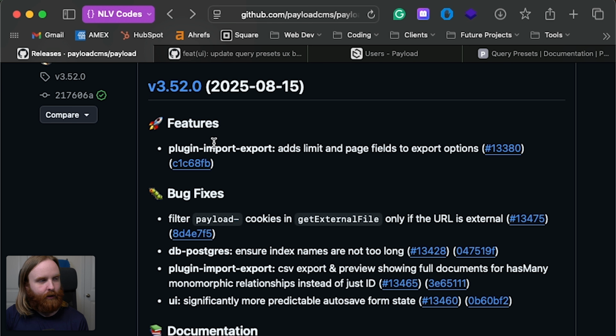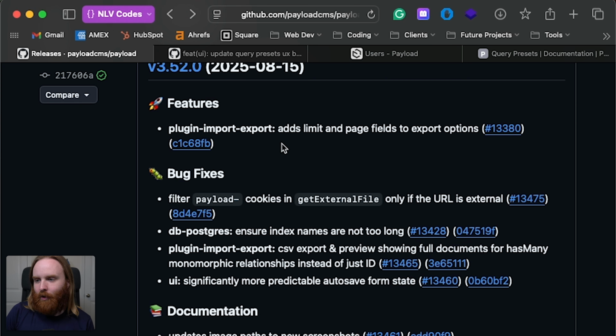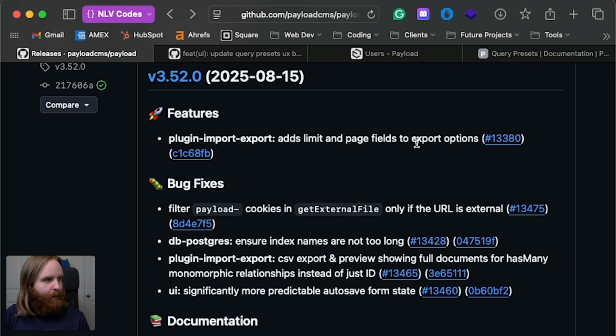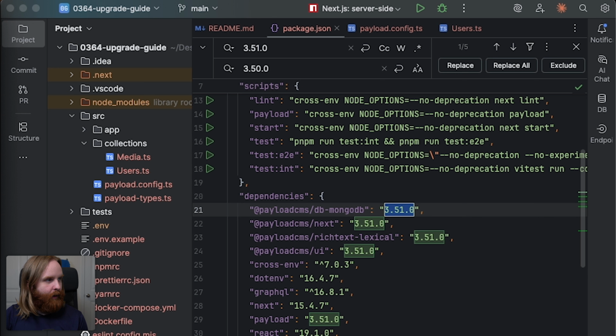There's not a lot of features for 3.52, and this import-export plugin is the only feature in 3.52. You can add limit and page fields to export options, not really much to write home about there. And so we're going to skip 3.52 and head up to